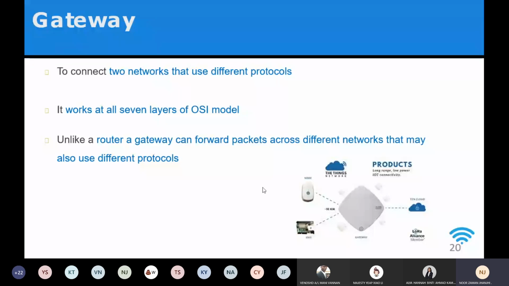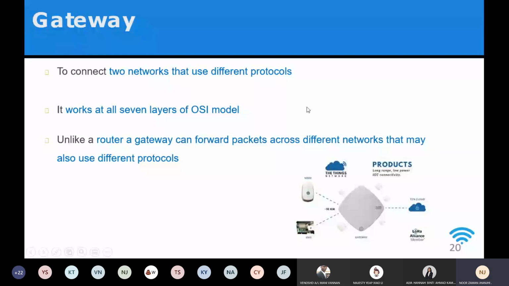And the gateway normally works on all of the 7 layers, not like the bridge, which works on the physical and data link layers. You can see it works on the 7 layers of the OSI reference model. The gateway is the same that you are using at your home as well. Unlike a router, a gateway can forward packets across different networks that may also use different protocols. So a router works on the network layer,